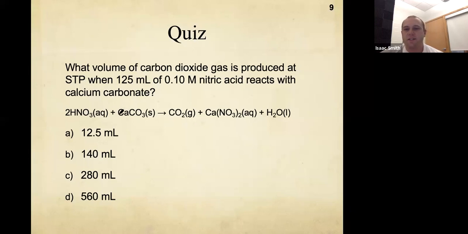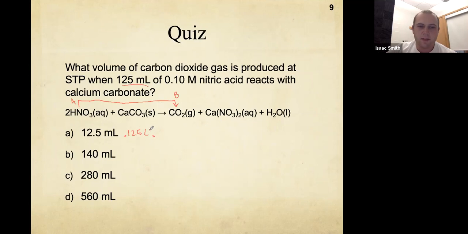If you look at your stoichiometry map, if you have those handy, we're going from nitric acid to carbon dioxide. So this would be our A and our B. We're starting with a volume of A as a solution. So 125 mL, I'm going to turn that into liters. So it's 0.125 liters